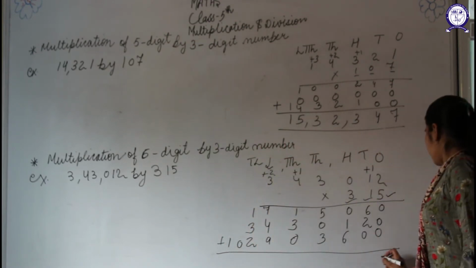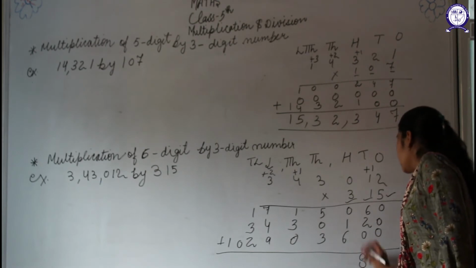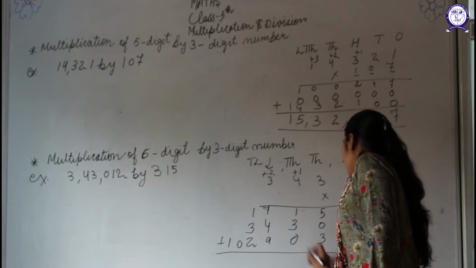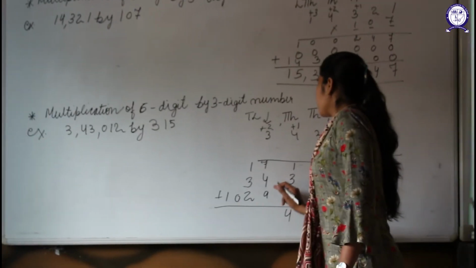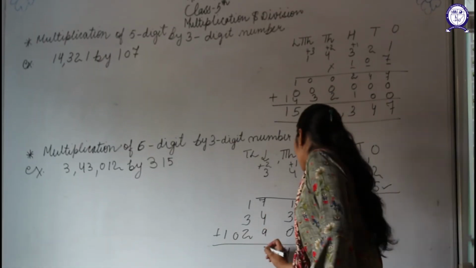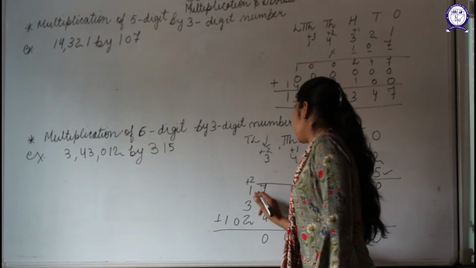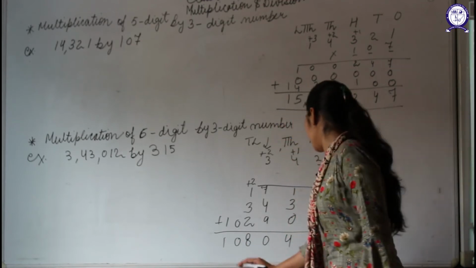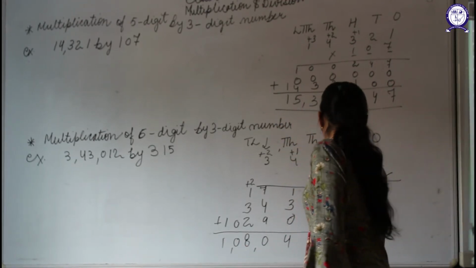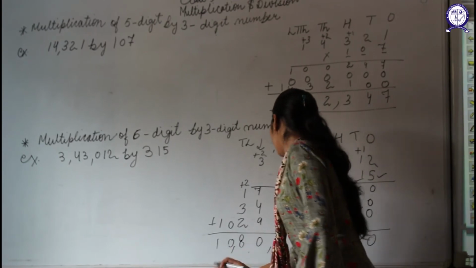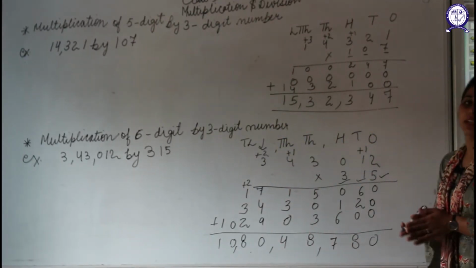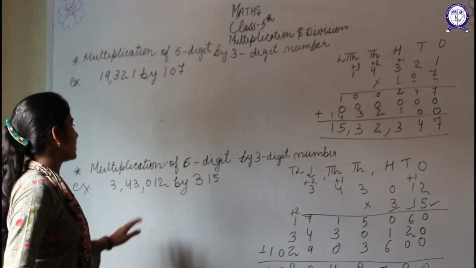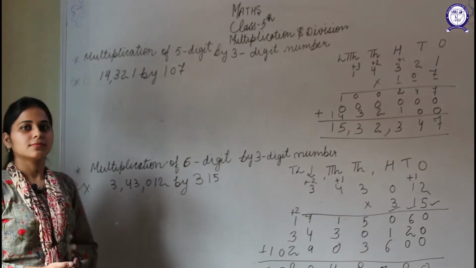Now 0 plus 0 plus 0, 0, 6 plus 2 plus 0, 8, 0 plus 1 plus 6, 7, 5 plus 0 plus 3, 8, 1 plus 3 plus 0, 4, 7 plus 4 plus 9 will give us 20 as answer. So 2 will be carry, 2 plus 1, 3, 3 plus 3, 6, 6 plus 2, 8, and 0 as it is. So our answer will be 10 crore 80 lakh 48,718. So now students, we will be moving towards 5 digit multiplication with 4 digit and 6 digit multiplication with 4 digit number.